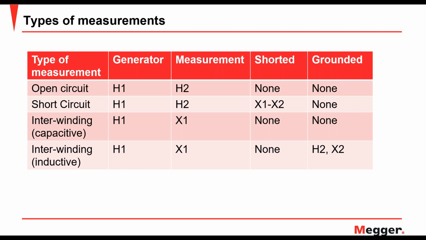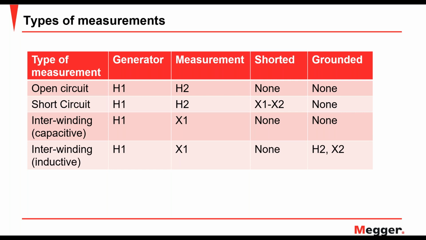Let's talk about open circuit measurements. If you just look at the table, you'll see it talks about the connections that need to be done. In an open circuit measurement, you just apply a signal across the high voltage winding coil. Now, the open circuit measurement would also be done on the low side. So you would inject the signal into X1 and measure it at X2. So open circuit measurements are done on each winding coil that's there in the transformer with all the other windings